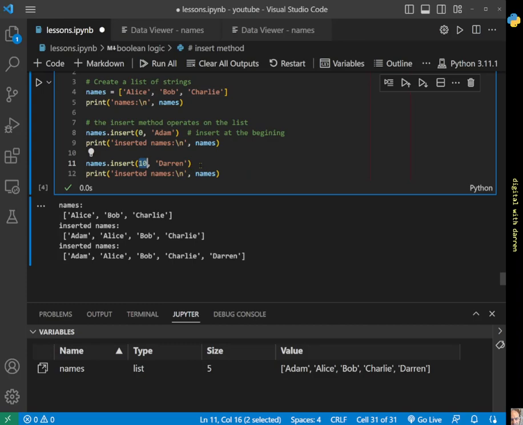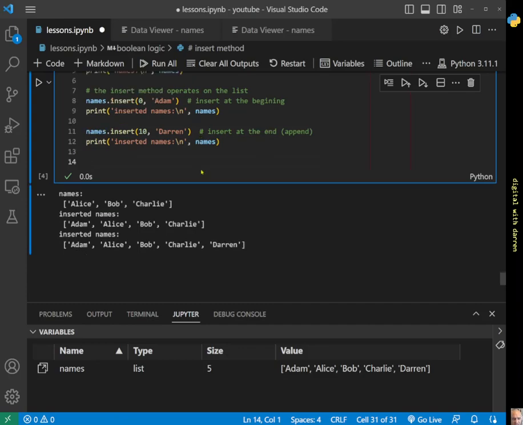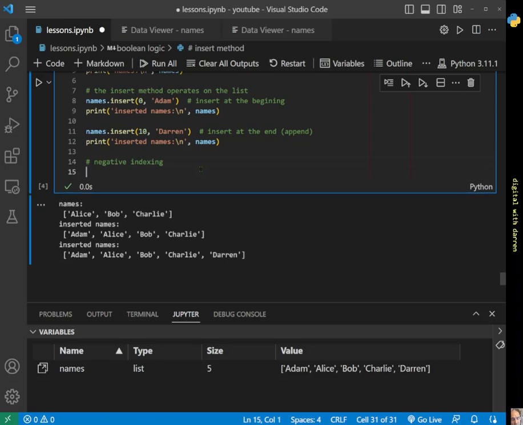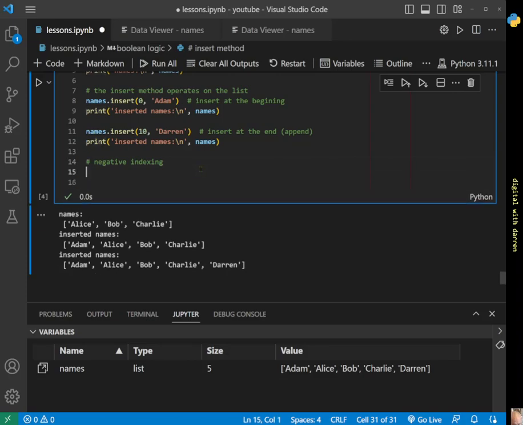So insert at the end, and what does this look like? It actually looks like the append method. So we can do inserting at the end. We also have something in Python which I haven't mentioned in previous methods, but we have negative indexing. Now what does this mean? It means that we can do the same